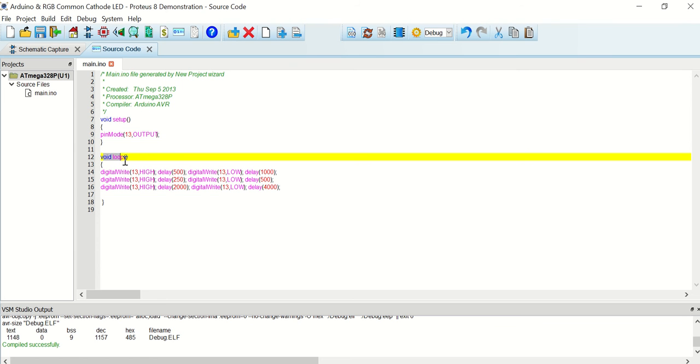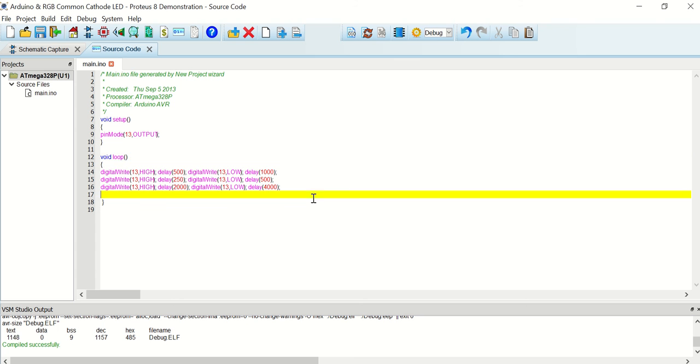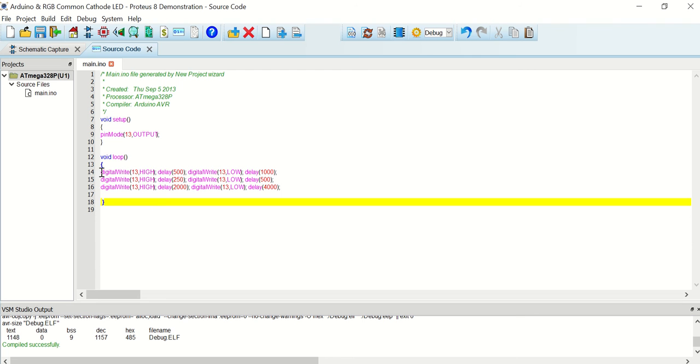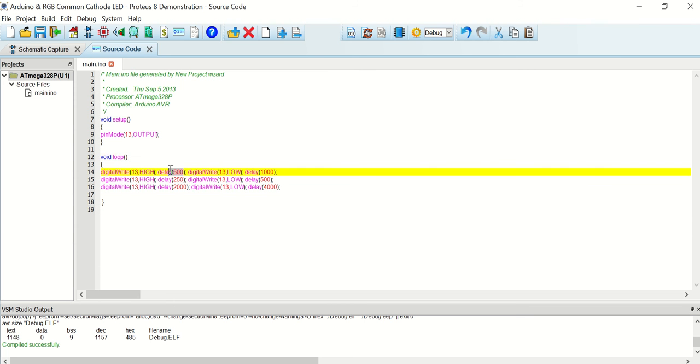Then next, while loop. So while loop stands for that the code which are given in these braces, this will run again and again. Once this entire thing is executed, then again the code will start to run, right? So first is digital write 13 high and delay 500, that is for 500 milliseconds the 13th pin will have high voltage, that is the LED would be lighted.